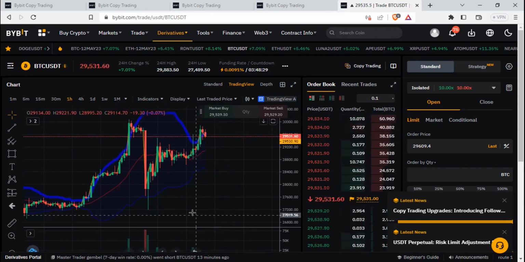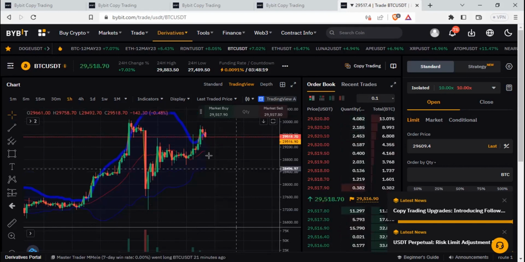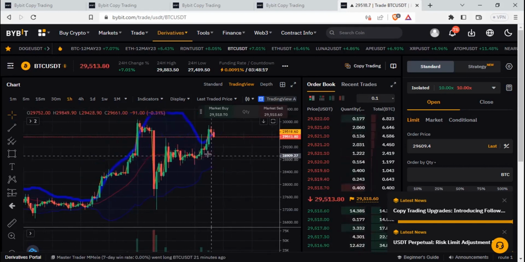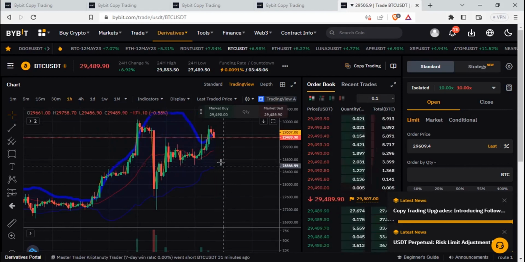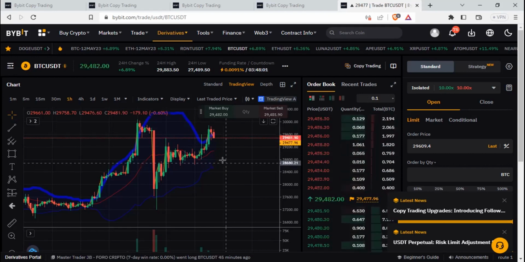So these are some of the things you need to look at. Except if you have bigger money that can hold your position for long. Those who are enjoying copy trading are those who know that if I open a trade now, I will only get liquidated when it gets to a certain level. So these are some of the things we need to equally be looking at. Copy trading can be good, but once they wreck your account, it is very painful. I'm telling you, once they wreck that account,